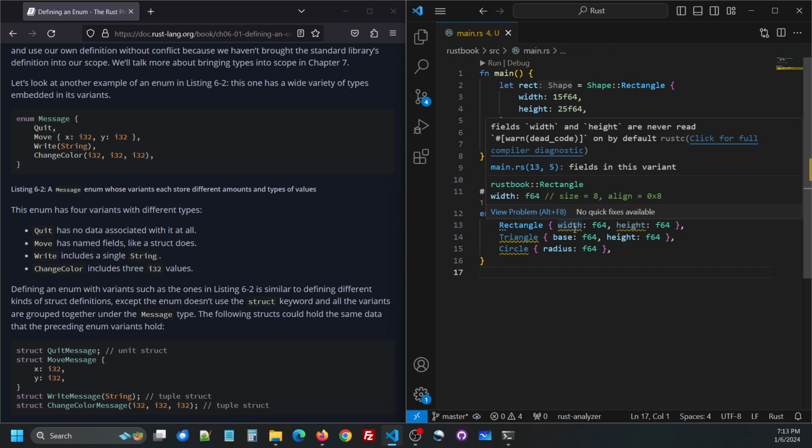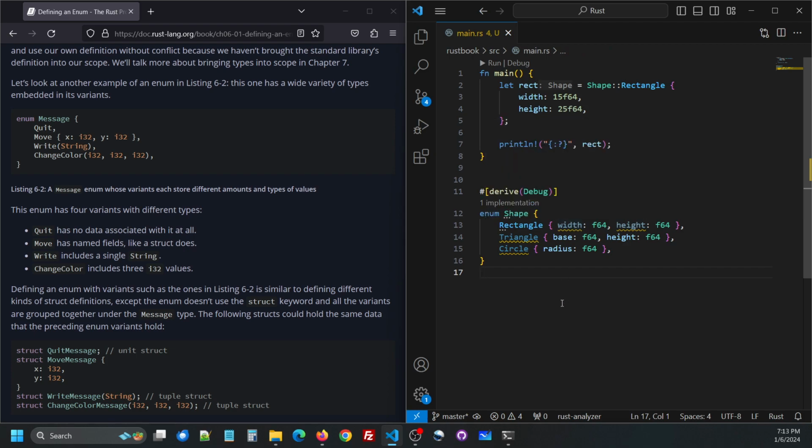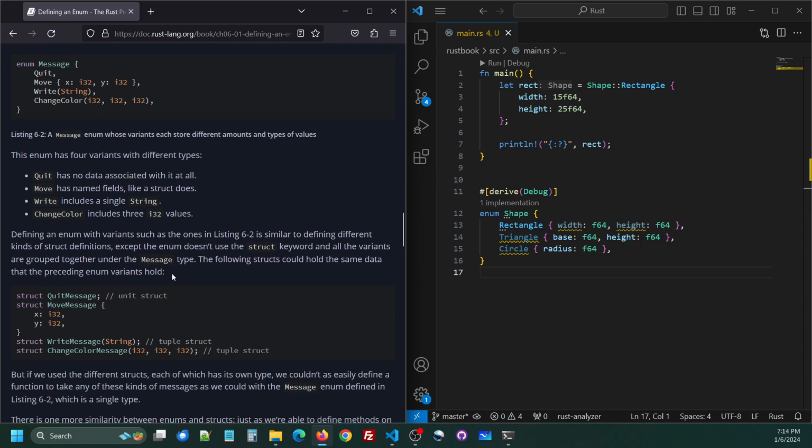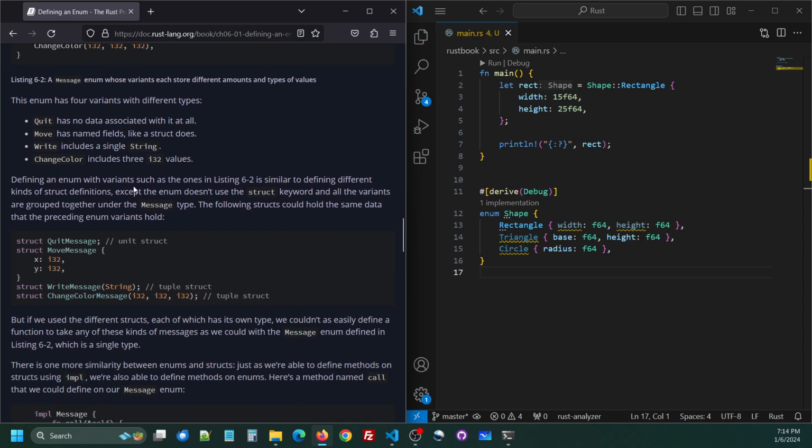Never read. Really? Okay. Write includes a single string. ChangeColor includes 3 i32 values. So it's like a tuple. It's just a string. This looks like a struct. Nice. Defining an enum with variants, such as the ones in listing 6-2, is similar to defining different kinds of struct definitions,